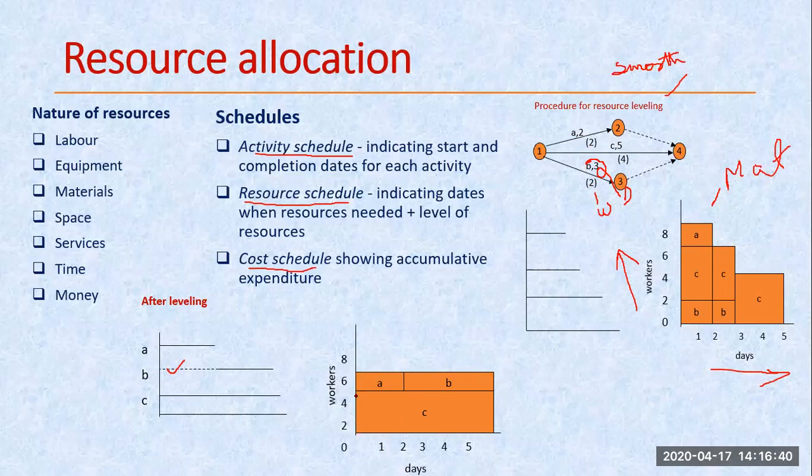And this needs how many resources? 4 resources. So 4 resources are utilized here. And now throughout the project lifespan, we are using an equal number of resources. So instead of using someday 8, someday 6, someday 4 resources, right now an equal number of resources is required throughout my project. So that is the meaning of resource leveling.